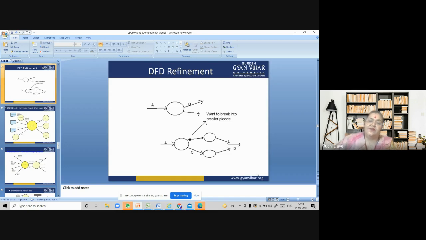Now, this is what the DFD refinement is presented here. As you can see in the first one, one input is there and two outputs are there. This shows that it wants to break into smaller pieces. So you go into the second one. If you see, we are properly showcasing that this has been divided into two processes and finally giving the output like this. So again, DFD review and refinement happens all the time, it is always possible. You can't say that there isn't room for improvement. There is always room for improvement.